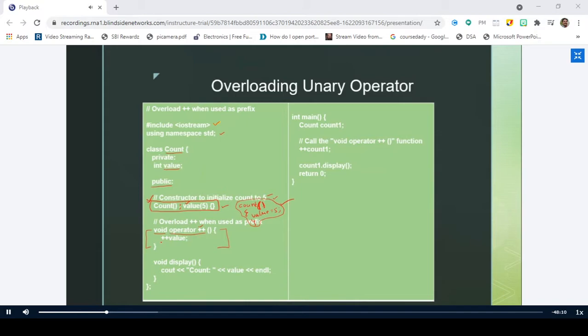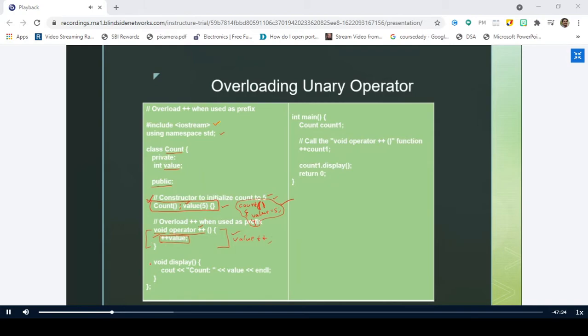So what is that code I have written here? Plus plus value. Is it a pre-increment? Yes, sir. Pre-increment. So if I want to write the code for the post increment, you simply make it as value plus plus. That's it. If somebody asks you to write a code to overload the pre-increment operator, you write this particular statement, and if you are asked to overload the post-increment operator, you write this statement. Very simple thing, right?